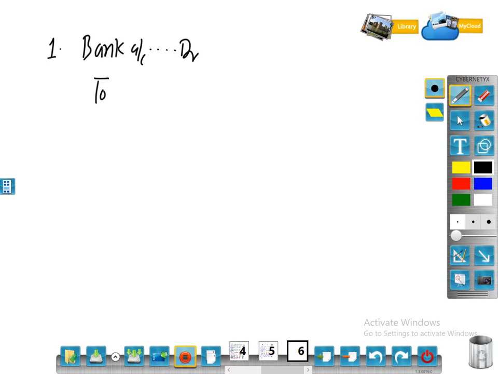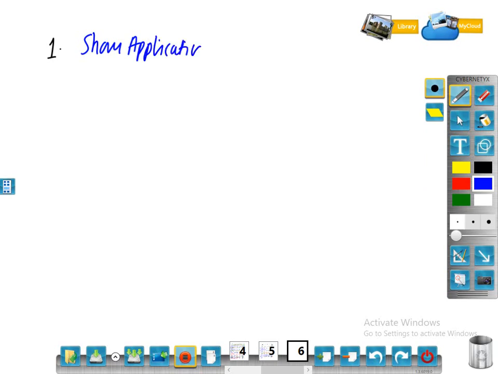First journal entry is share application account debit to equity share capital to security premium, and then actual money received for share application. So we will write that way, that will be better. So first journal entry, write down in full: share application account debit,